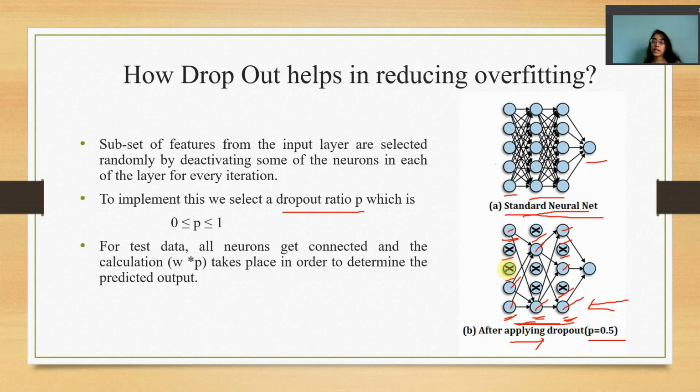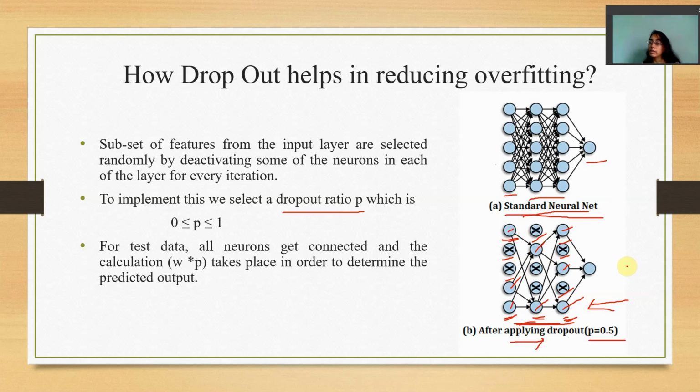So remember one thing, that in the back propagation algorithm, the weights will be updated only for those neurons which are activated, and it will not be updated for the neurons which are deactivated. Now this is the case for one iteration. The forward propagation and again the backward propagation, as I've already told you, is considered as one epoch or one iteration. So in the first iteration, I have deactivated the second and third neuron like this, and again I have updated the weights using back propagation only for those neurons which are activated.